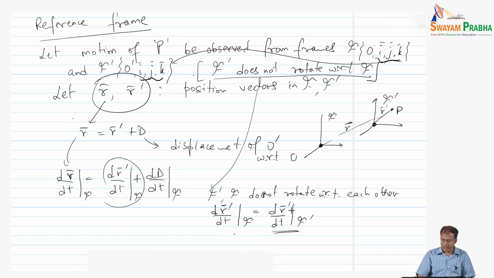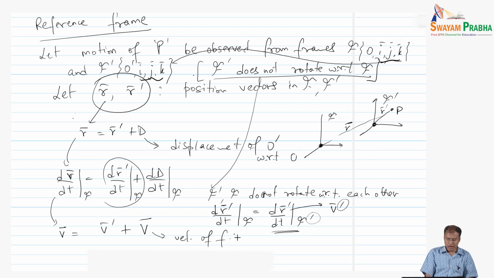And then I can say that this is also equal to v prime, that is the velocity of the particle in the moving frame, right? So now we have a new result which says that the velocity of the particle in the fixed frame, notice the prime denotes the moving frame. So v, which is the velocity in the fixed frame, is v prime plus d dt of capital V, that is the velocity of the moving frame